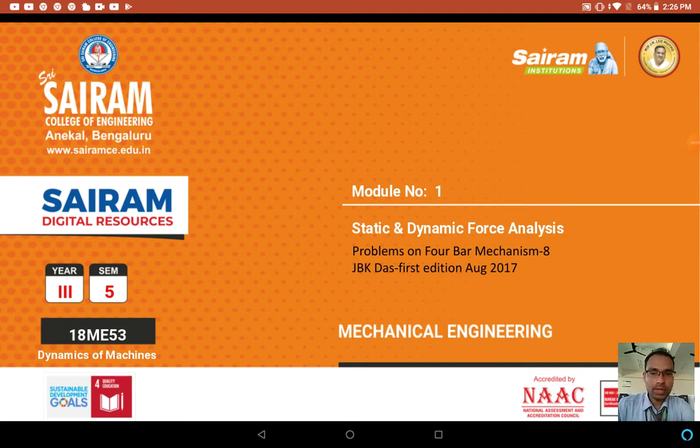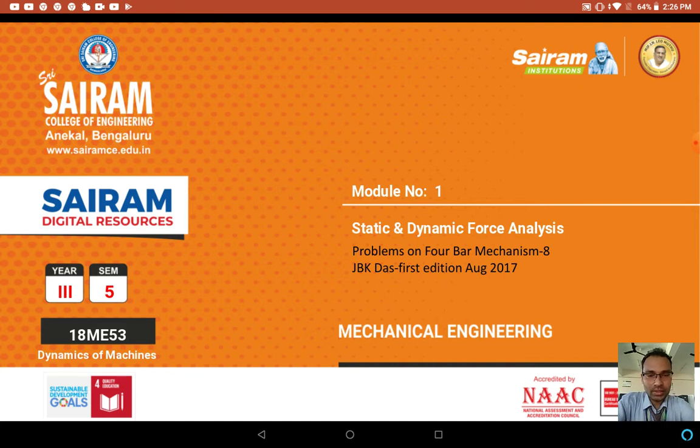Also coming to the last problem on the 4 bar mechanism. Okay, so this is a very important problem. Here we are going to consider two forces in each element. So far we studied problem number 1 on the 4 bar mechanism, where we only constructed the free body diagram. The second one, we studied only single forces. Here we are going to solve problems on two forces acting on each element.